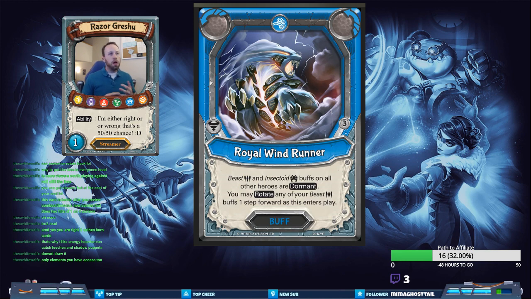Could not think of the word. So already that's 50% of the alignments that could run Beast. Insectoid is obviously still in Nature, so it's not like you're hitting that 4th niche that isn't Beast, and you're not hitting a specific one. So you're still hitting that one. But their buffs are dormant. It's not your buffs. So like you want to run this as support in a Beast Storm deck, because then